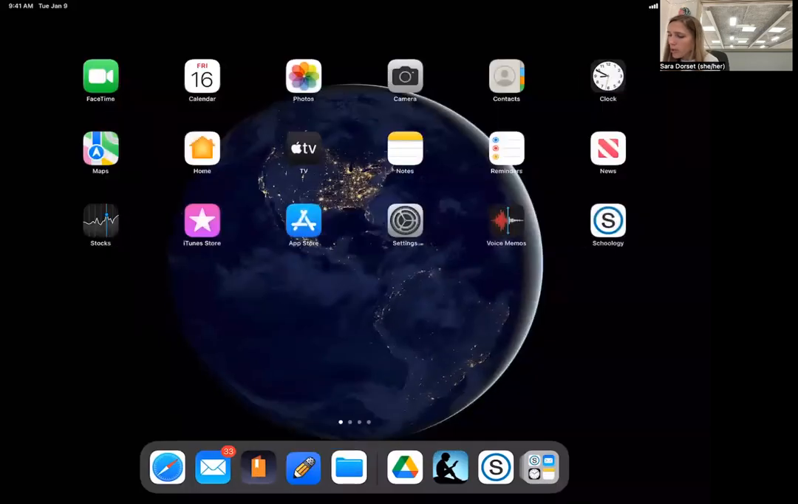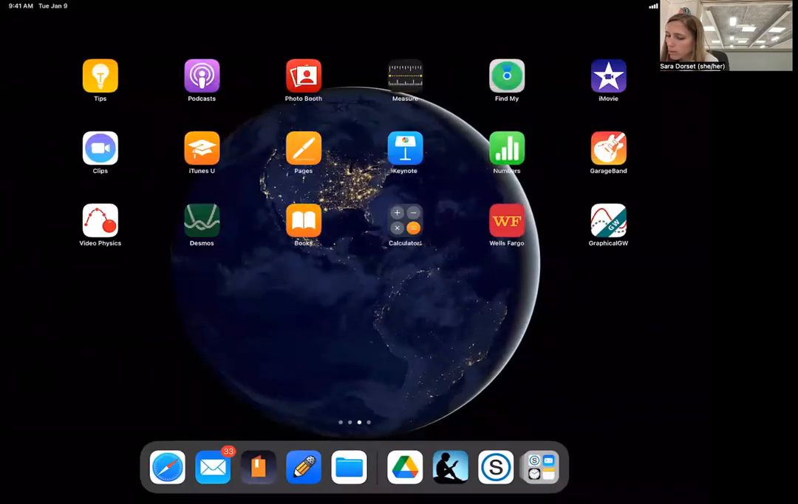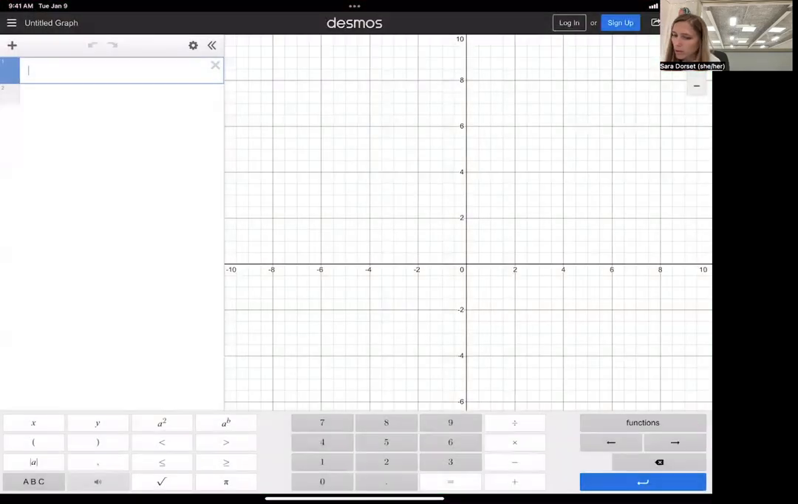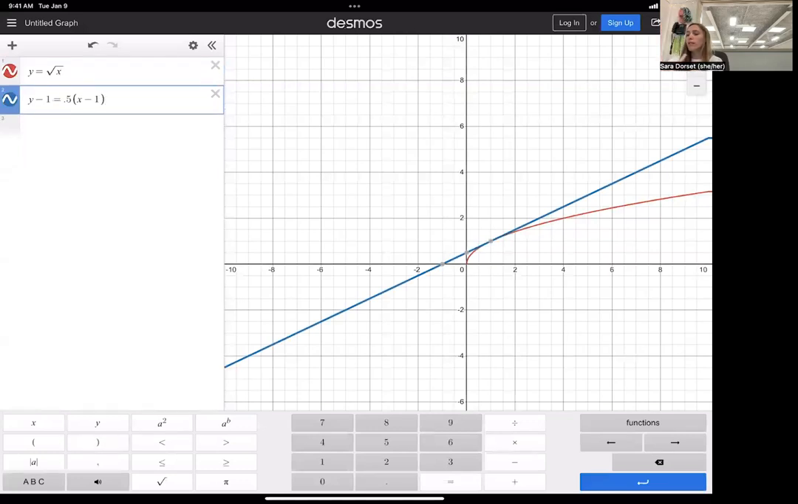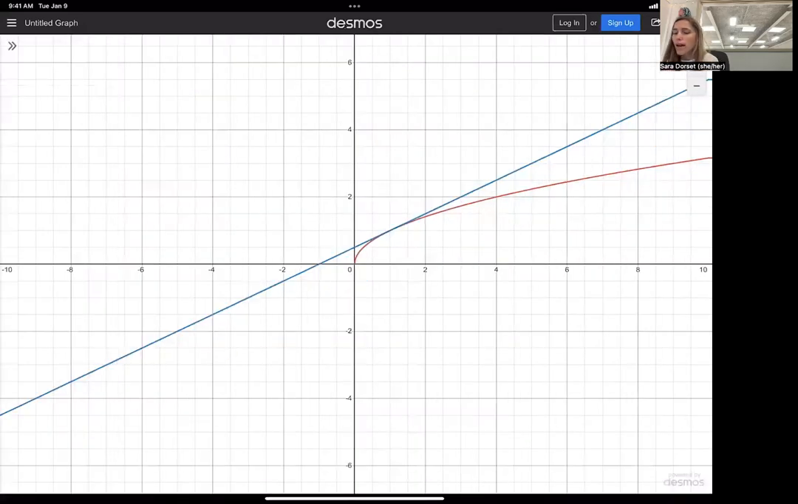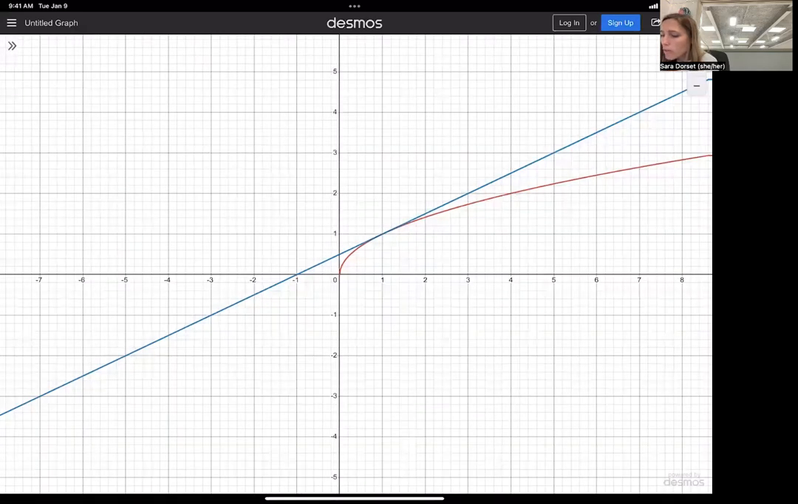Notice if we go to Desmos, where's my Desmos? So if I type in y equals the square root of x, and y minus 1 equals, this is kind of the nice thing about Desmos too, is you can just type in any form. Okay, so you can see the graph of the square root of x as well as the graph of the tangent line. If we zoom in,